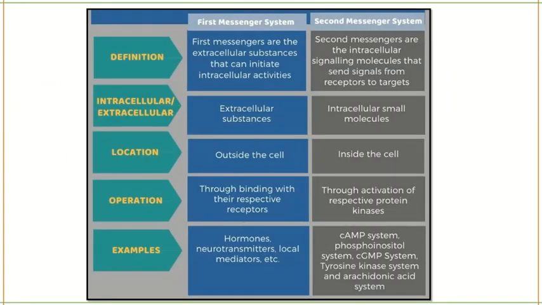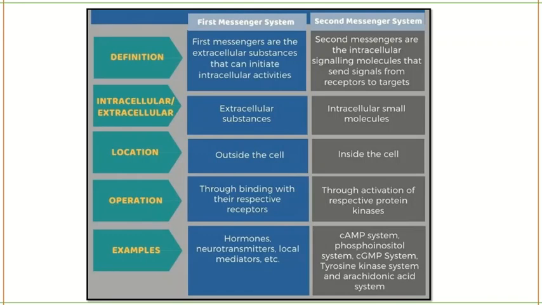There are a few more things you have to know before we enter into the actual pathway. So what is the primary messenger and what is the secondary messenger? The primary messenger is the ligand, the ligand which is bringing the signal to the receptor. And secondary messengers act within the cells. When the signal is relayed from one molecule to another molecule, the secondary messengers are involved. They carry the messages to the final destination, so they are called secondary messengers.